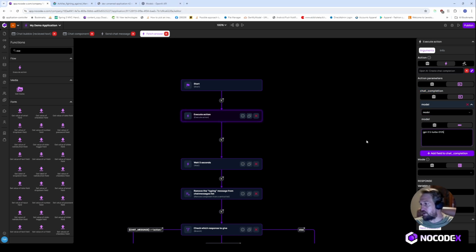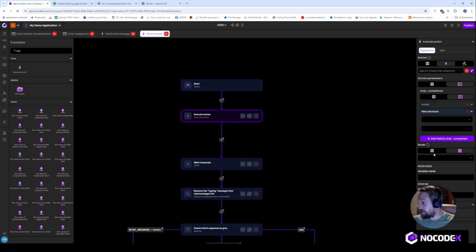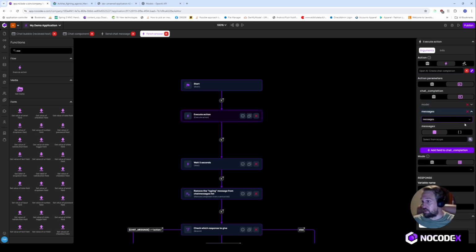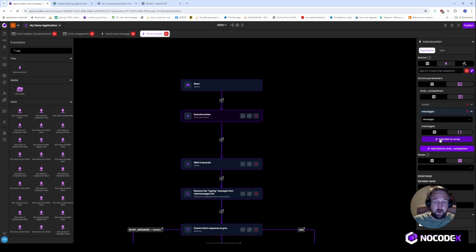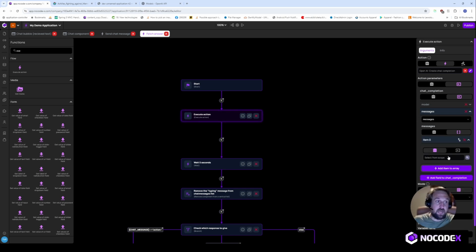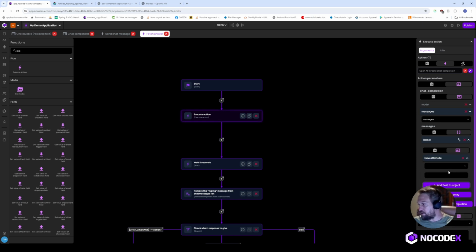Let's just choose the GPT 3.5 Turbo model at this point in time, and let's add messages to this chat completion. So messages are an array, in fact. So we have the choice to add multiple messages, but just for this demo, I'll keep it simple and add one message. So we can have a role, and typically this is user in this case, because the message